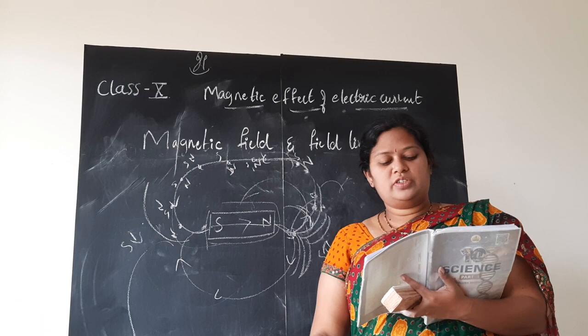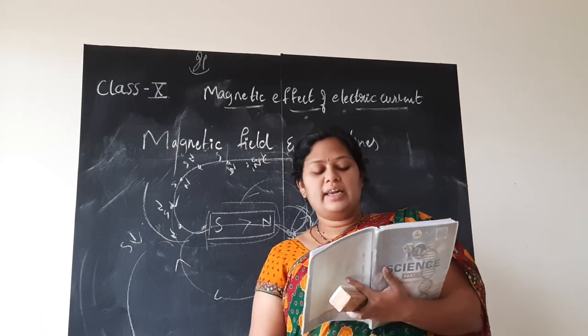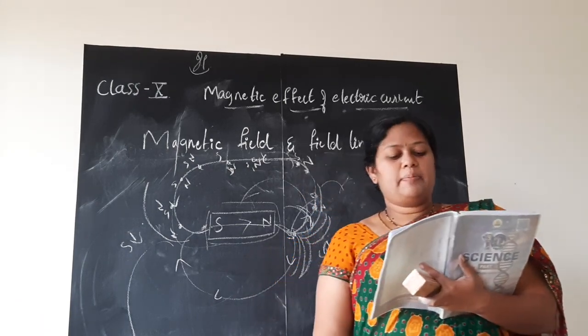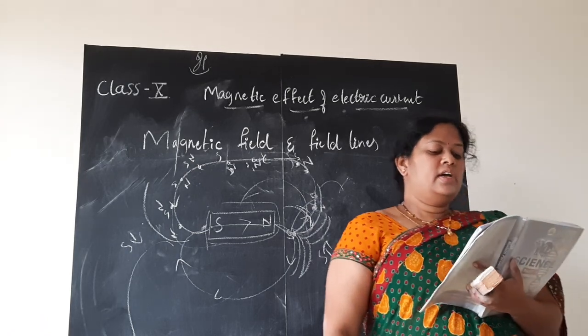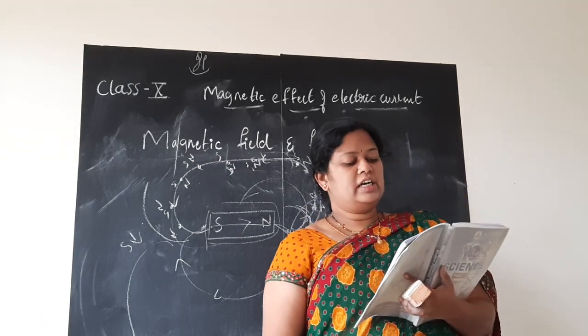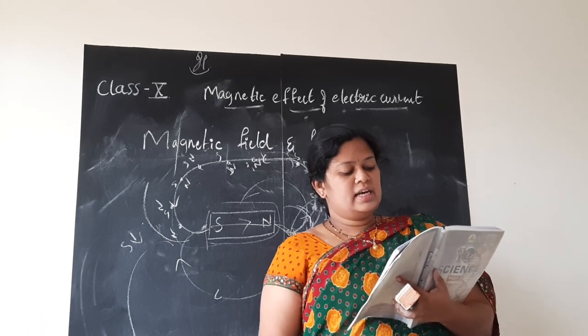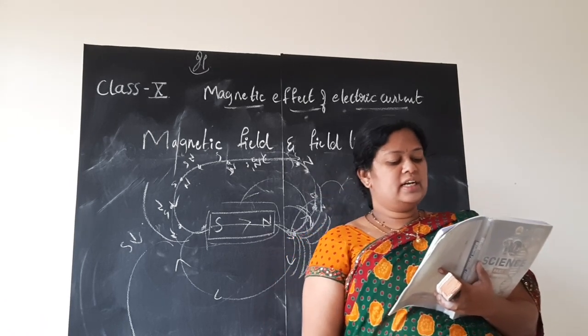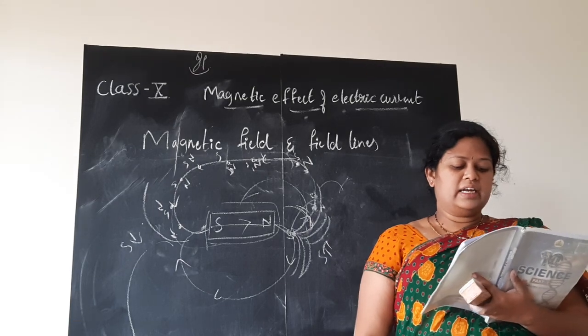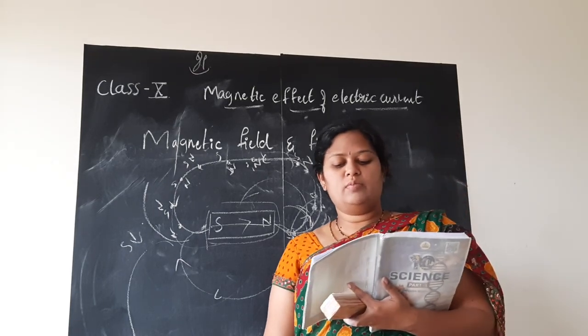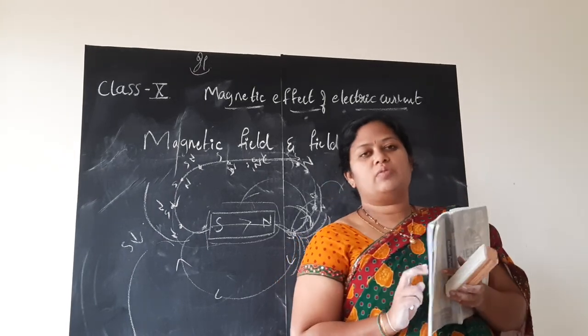Repeat the above procedure and draw as many lines as you want. You will get a pattern as shown in the figure. These field lines represent the magnetic field around the magnet. These are known as magnetic field lines. Observe the deflection of the compass needle as you move it along the field line. The deflection increases as the needle moves towards the pole. Yes, sir, that is what we conclude.